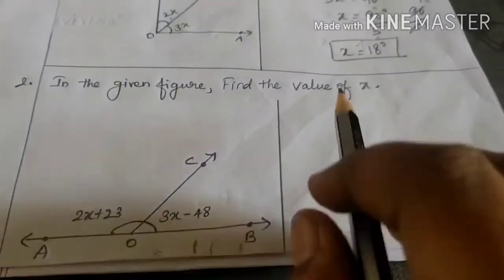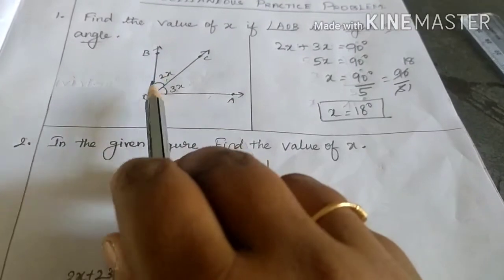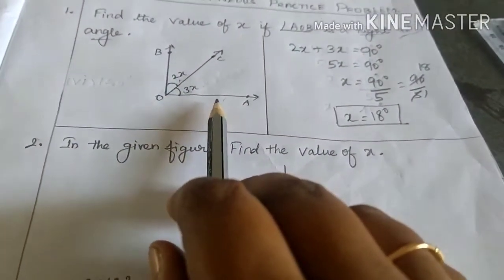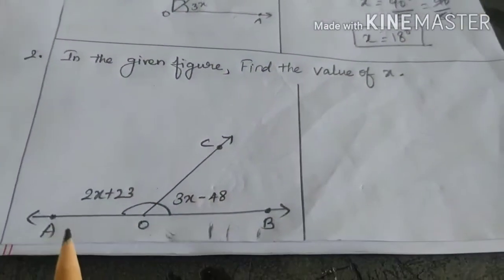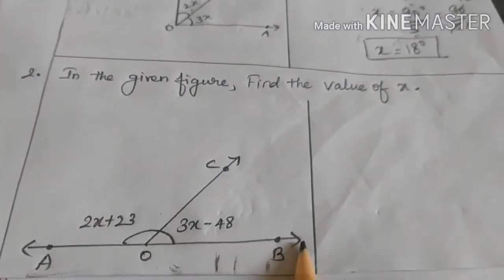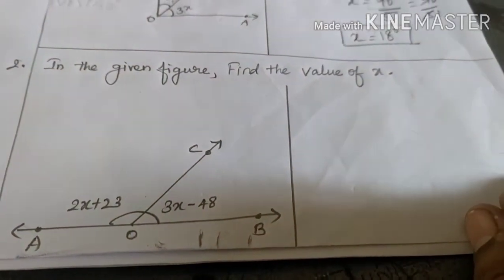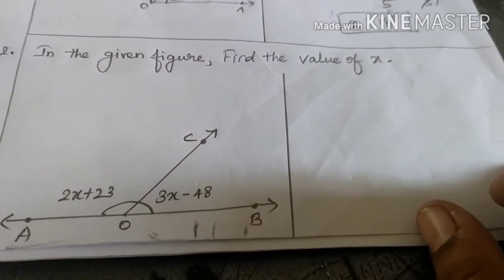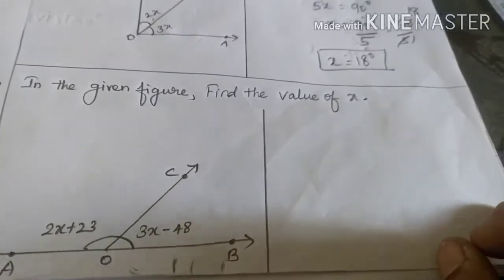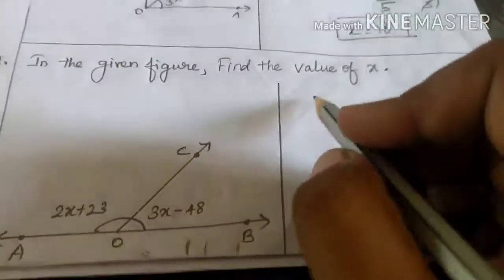Okay, this image, look at this children, by seeing this itself we can know that this is a right angle. So 90 degree we have taken. So this is what angle? Can anyone say? It is a straight angle. What is the measurement of straight angle? How much degree is a straight angle? So straight angle is 180 degree. So we have to find the value of x for this too. Same like the before sum.